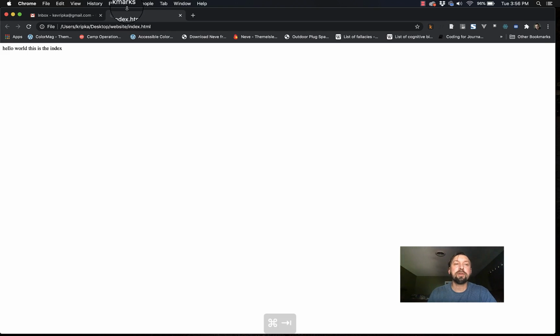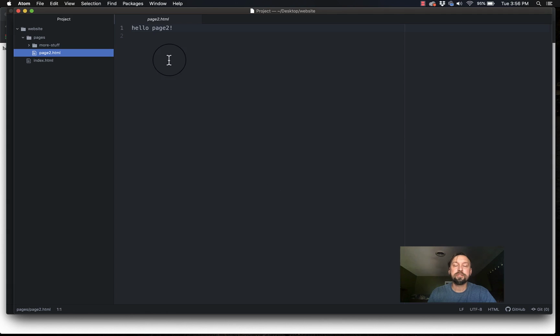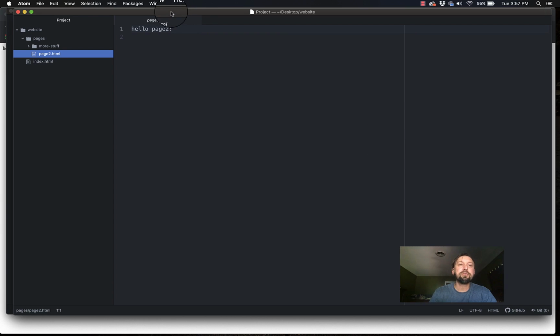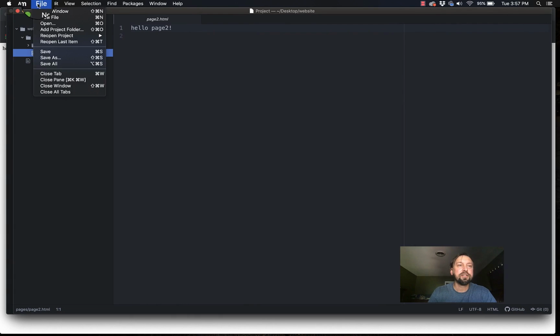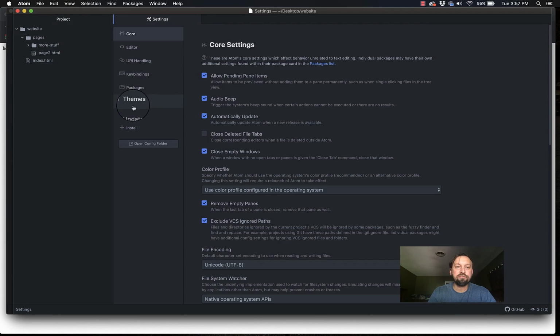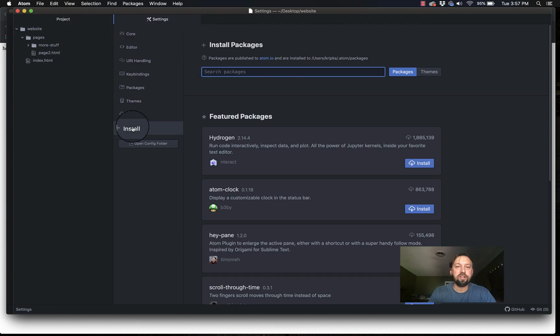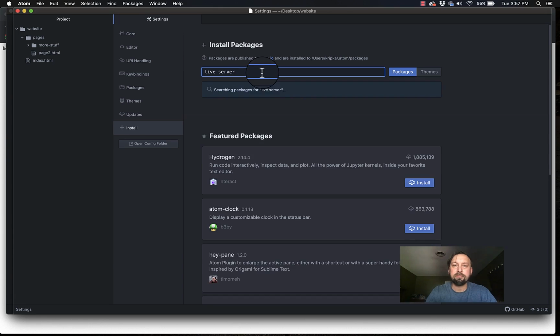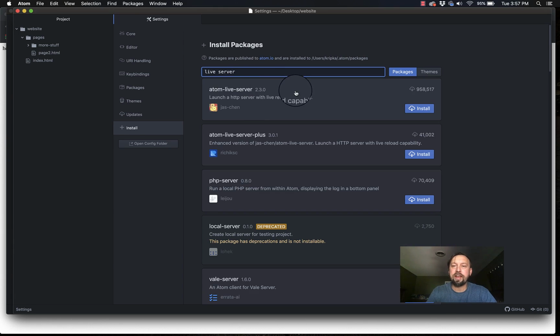So what we actually want to do is start a server. If you're in Brackets, you have this little Thunderbolt looking thing, and that is your live server. But for Atom, you have to install a plugin. It's as easy as going to File, Atom, Preferences, and in there you find Install. We're going to look for one called Atom Live Server. I'll just type Live Server. So this is the one right here, Atom Live Server. You can just easily say Install,